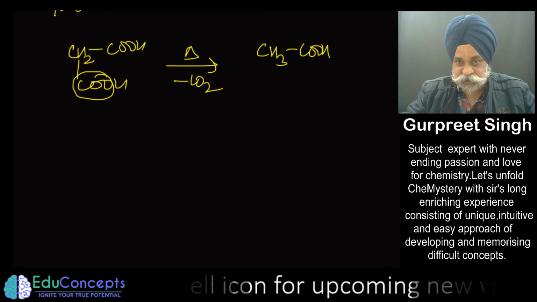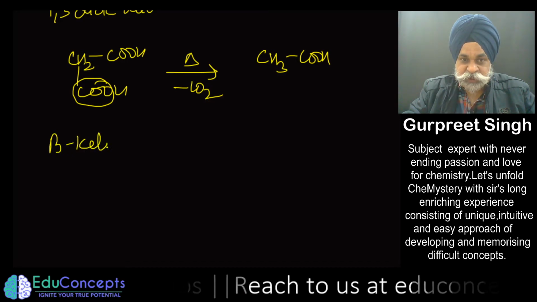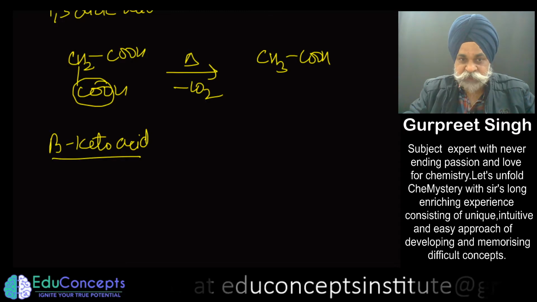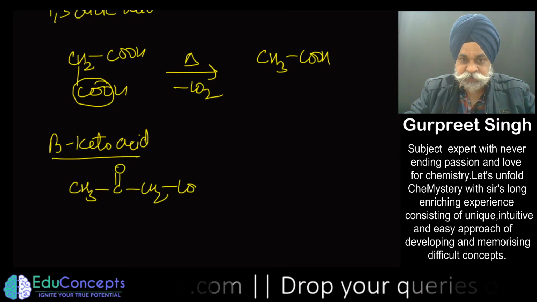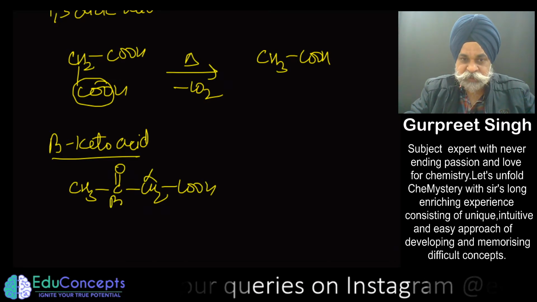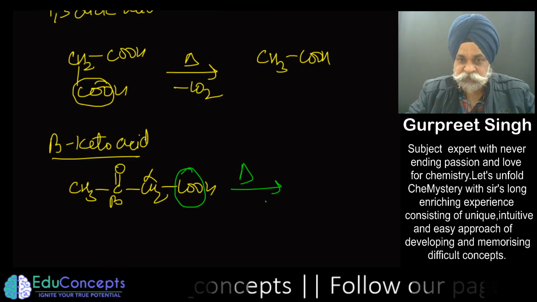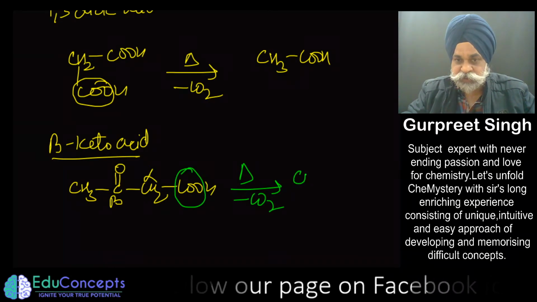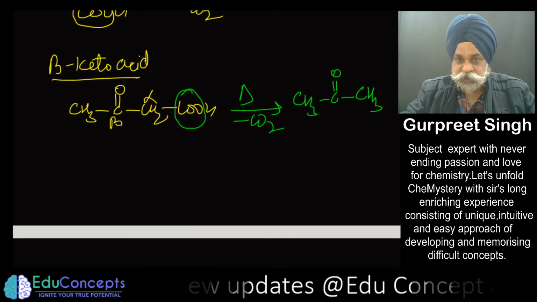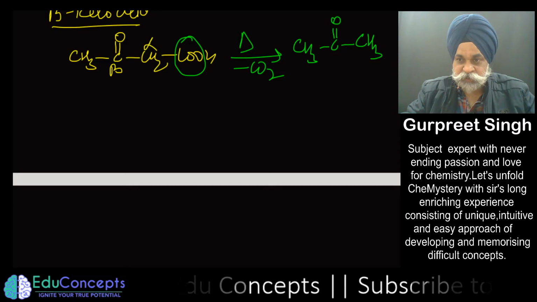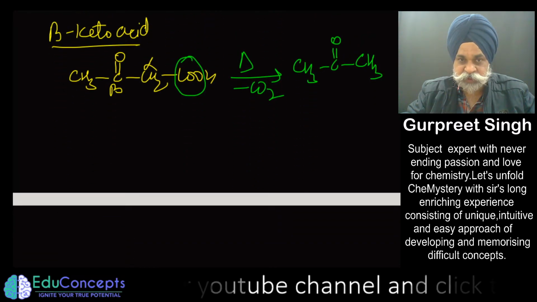One style is this. Second example is of the beta keto acid. If at any point of time you have a compound like a beta keto acid, this is alpha, this is beta. Beta keto acid when simply heated would undergo decarboxylation. Carbon dioxide goes out and you end up getting this. And the third one is, let me first tell you a brief idea for these two, then we'll explain the other two also.